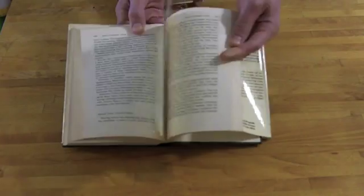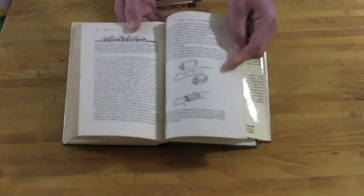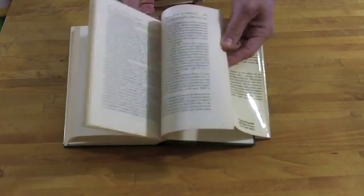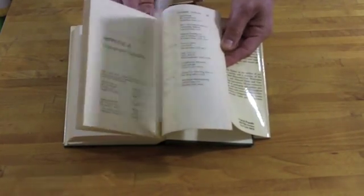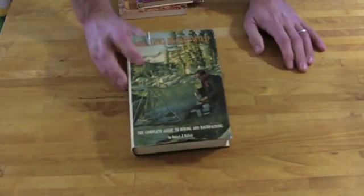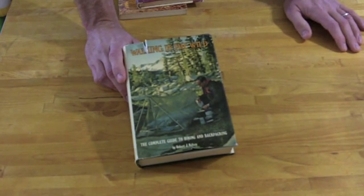Let me see if I can find any of the photographs in here, not photographs rather, but little diagrams and old school style pictures, the type of pictures you'd see in a scout book or something like that. But actually a fairly interesting read. To be honest with you, this is the kind of book that, as you can see the condition that it's in, I wouldn't hesitate to